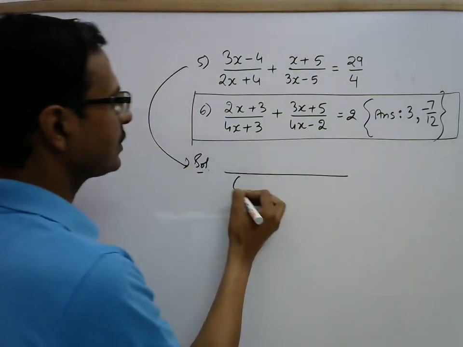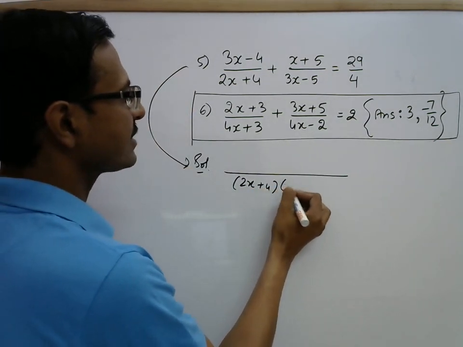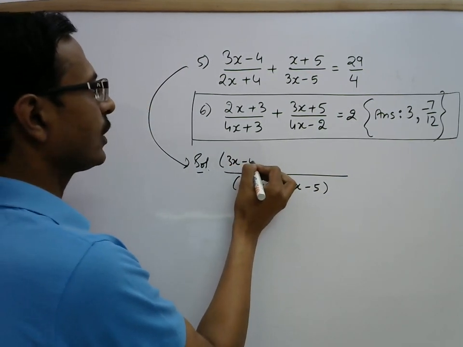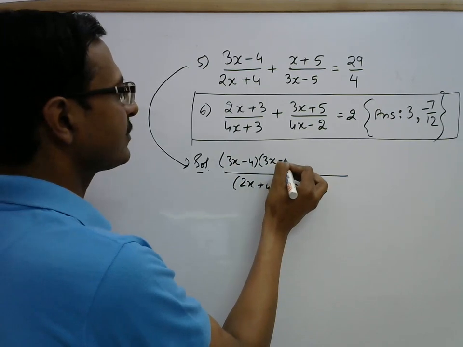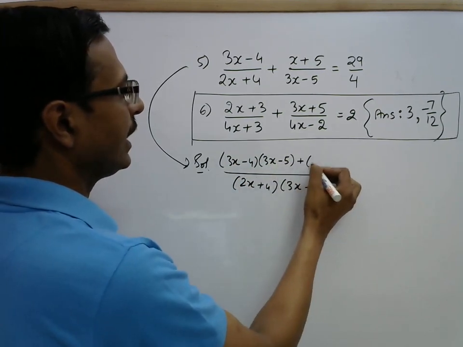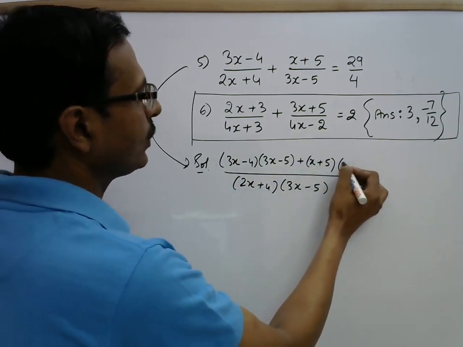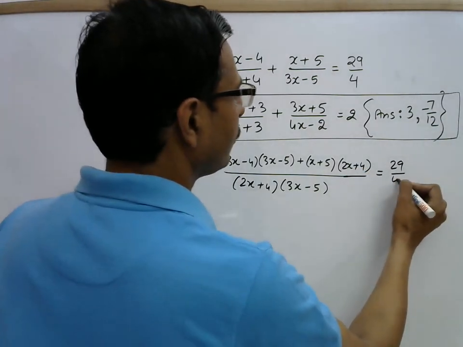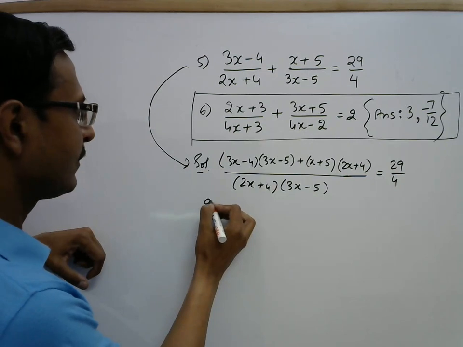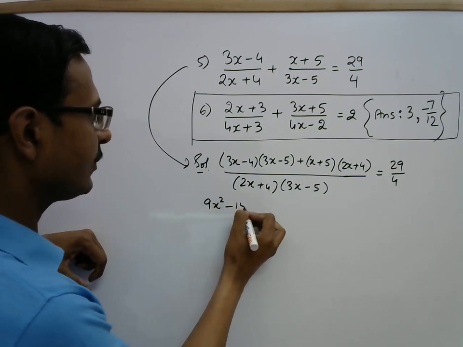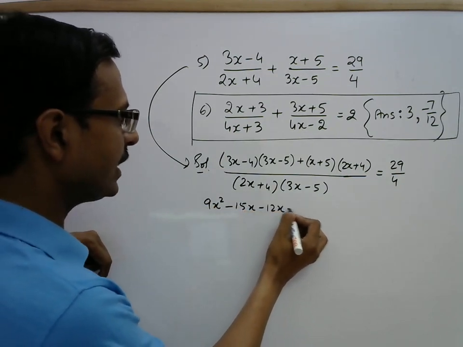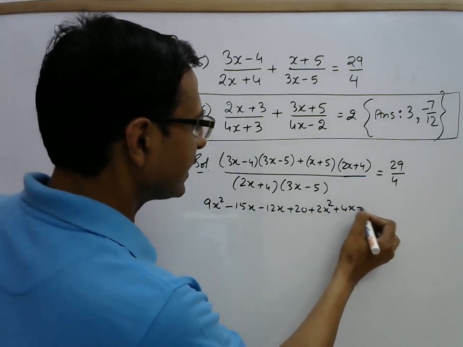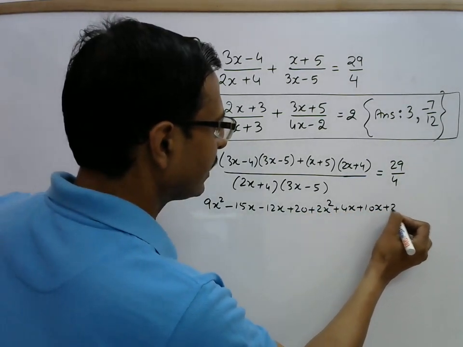So you have two factors, 2x plus 4 and 3x minus 5. And in the numerator, 3x minus 4 has to be multiplied by 3x minus 5, and x plus 5 to be multiplied by 2x plus 4. And in the RHS, you have 29 upon 4. So open the brackets. 9x square minus 15x minus 12x plus 20 plus 2x square plus 4x plus 10x plus 20